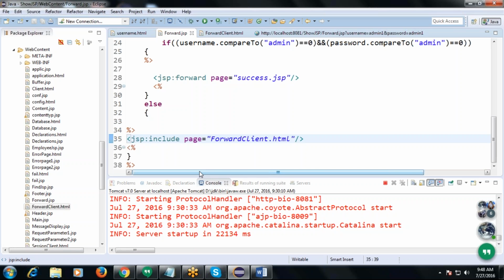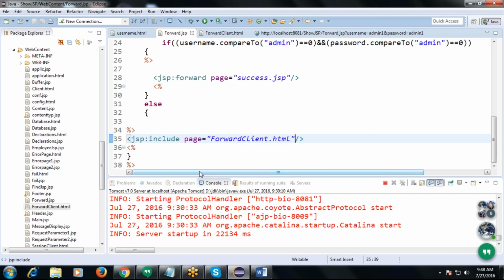So that means a new page will open up, right? In case of include, instead of forwarding, the message will be shown in the same page.